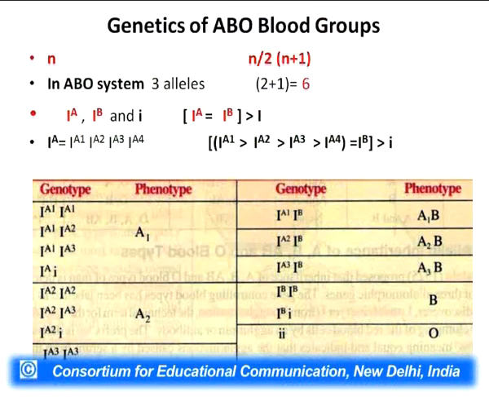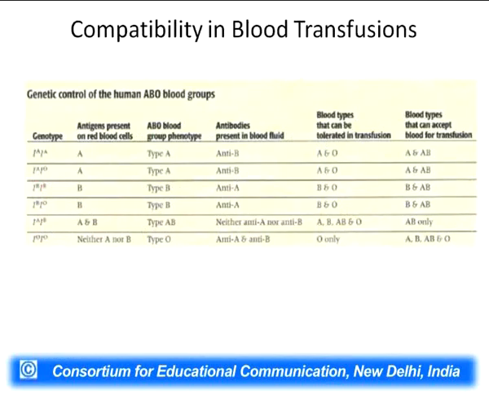I would repeat that IA forms and IB forms are haplosufficient. If they are present alone, they would give rise to the A or the B group, except if they are present along with one another. That means IA and IB together, then the blood group would become AB. So, the different series of the genotypes and phenotypes suggest that in all 6 different combinations can be formed,